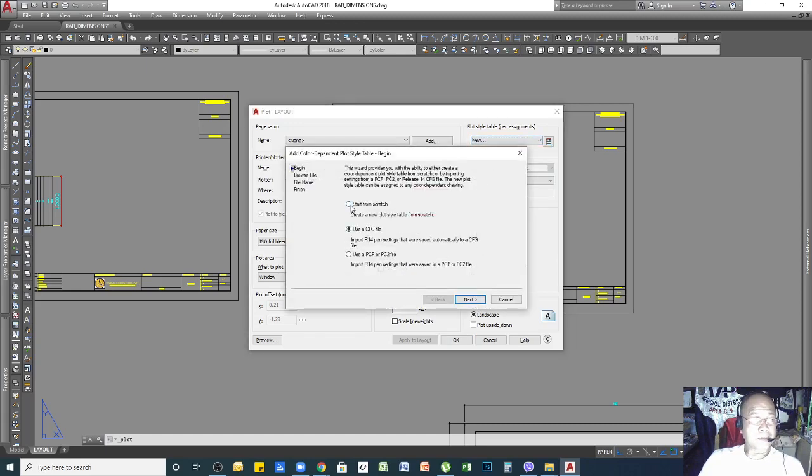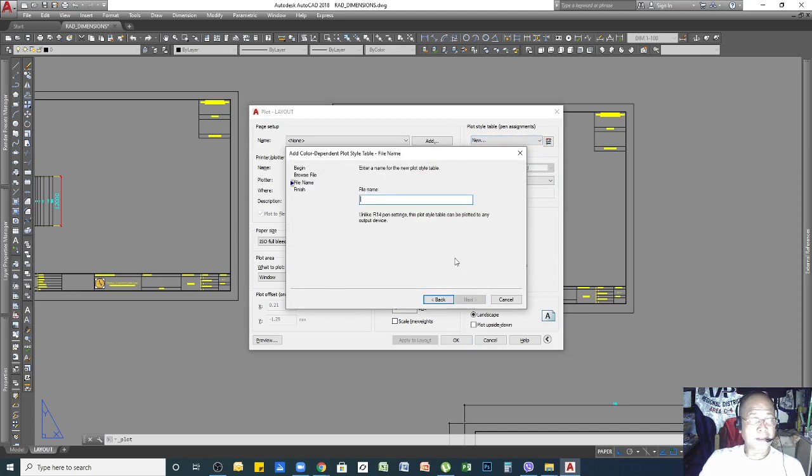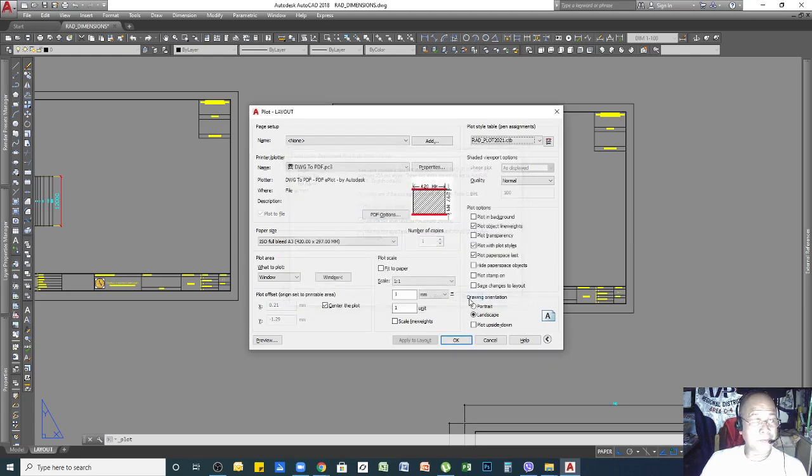Okay, you can use start from scratch. Next, then you can use whatever plot style name you want. So let's say I use my acronym again, RED plot 2021. Okay. Next, and then just leave it that way. Finish. Okay. So now, as you can see, automatically it's showing here.